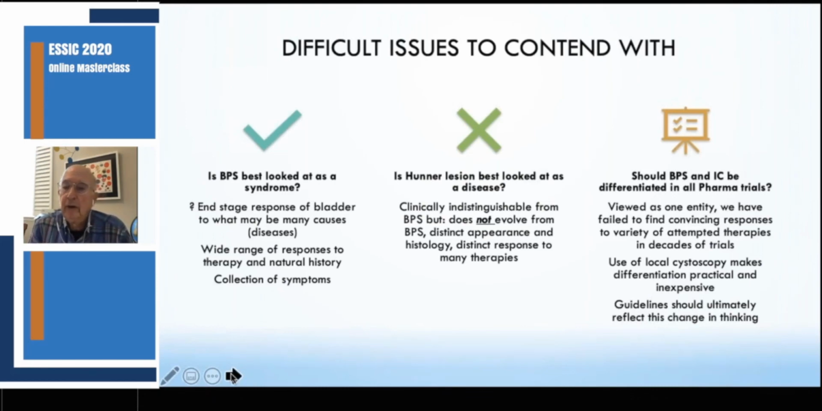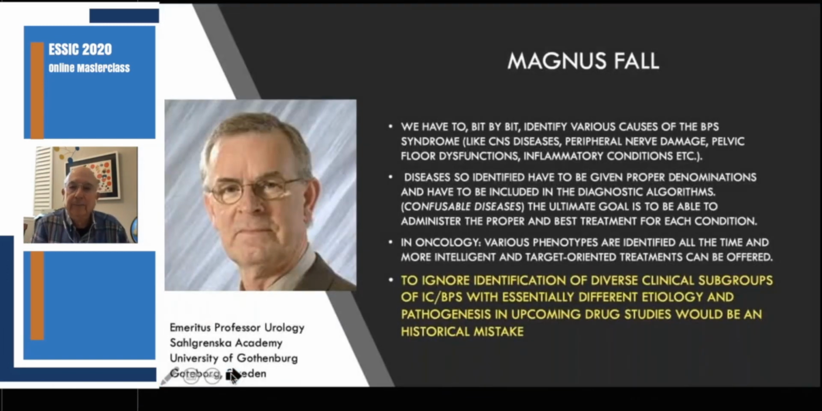Should bladder pain syndrome and interstitial cystitis be differentiated in all pharmaceutical trials? Well, viewed as one entity, we have failed to find convincing responses to a variety of attempted therapies in decades of trials. The use of local cystoscopy makes differentiation practical and inexpensive, so guidelines should ultimately reflect this change in thinking. And I'd like to conclude with some words from Magnus Fall, one of the founders of ESSIC, where he said,